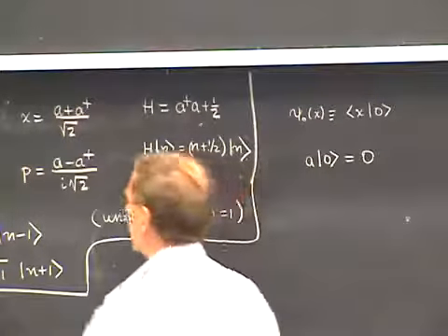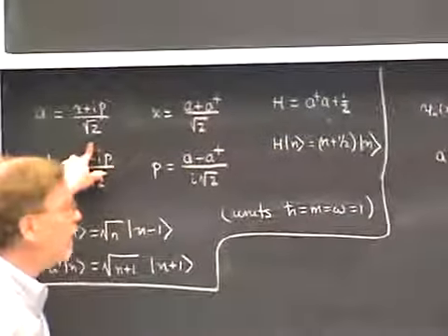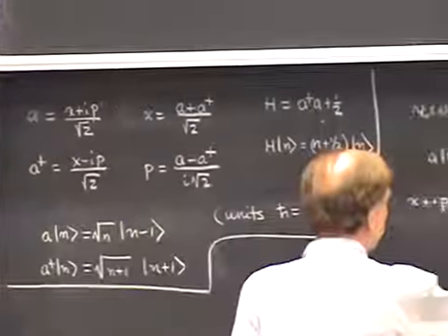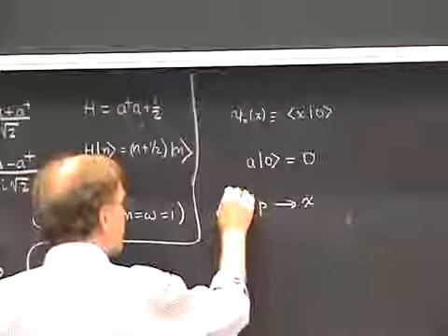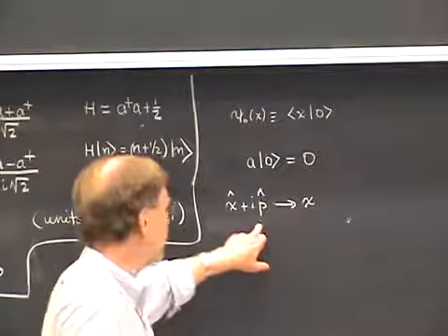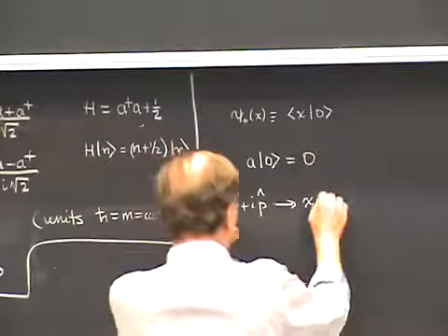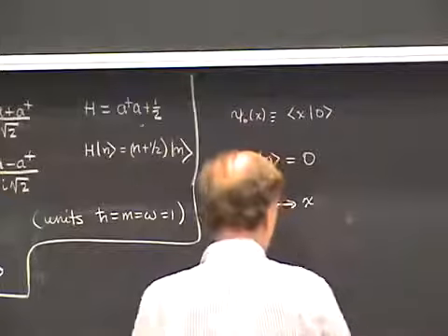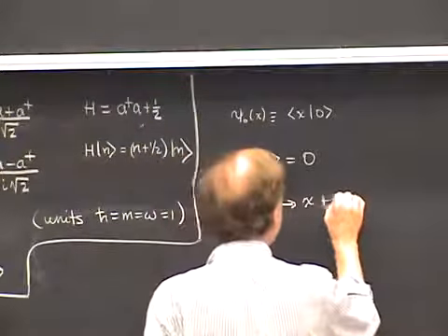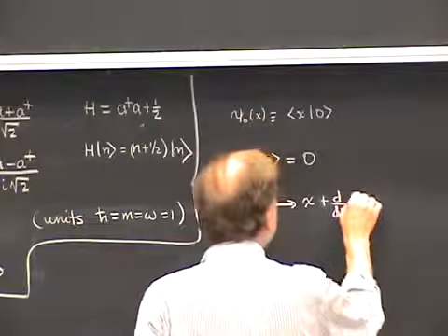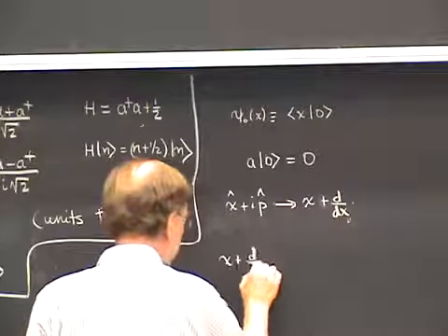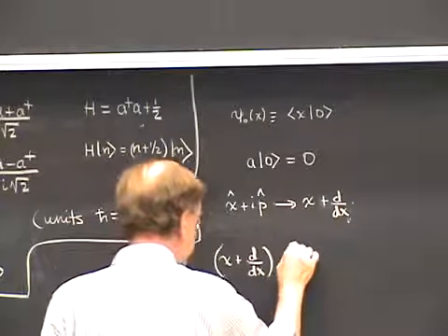The annihilation operator, however, is x plus ip over square root of 2. And if we put that in the wave function language, let's put hats on these and emphasize these are operators. x goes into multiplication by x, p goes into minus i d/dx. So as an operator acting on the wave functions, this goes into x plus d/dx. And therefore, the ground state wave function satisfies the differential equation that x plus d/dx, acting on psi 0 of x,